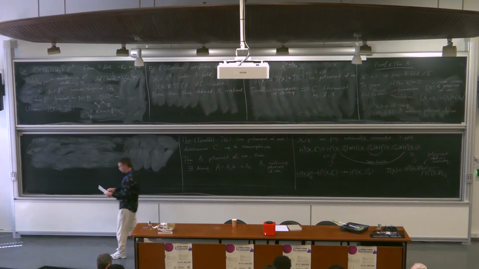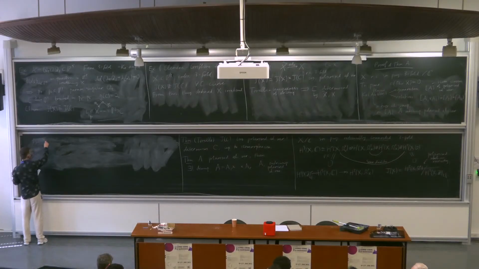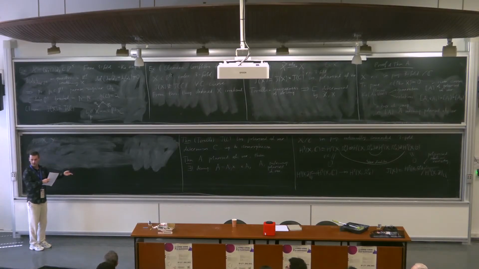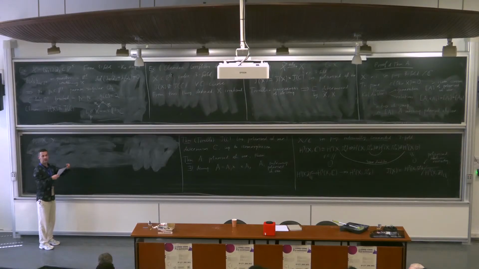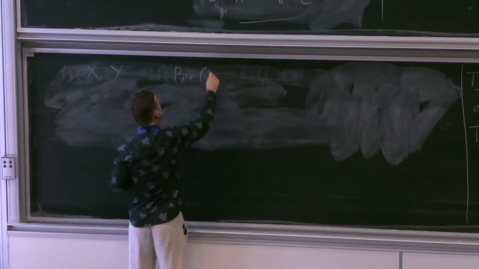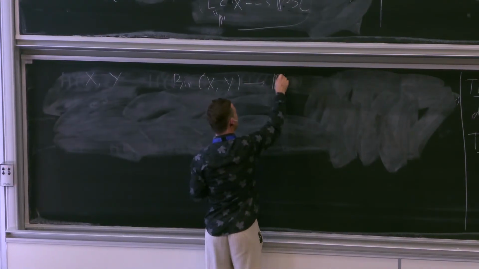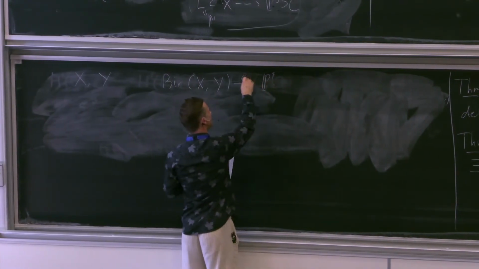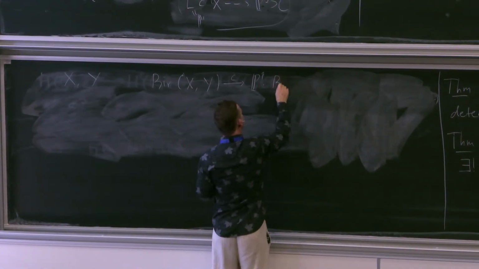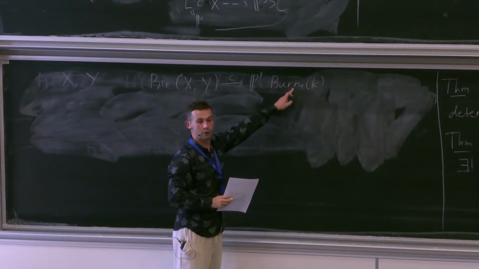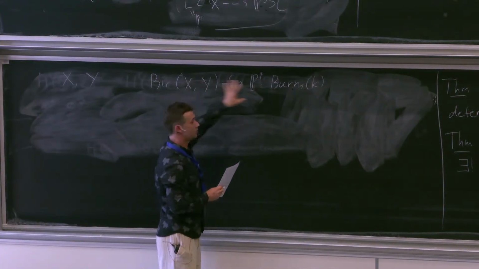Okay, so I want to look at a certain composition here. Now, instead of x, I have x and y. The proof will be simpler if I allow different varieties at this point, and then eventually, for self-maps, we get 0. So what we'll do is this. We go from pure x to y into, now you have to remember what I was telling you earlier, the image of the invariant is divisible by P1, and here I put Burn 1. These are isomorphism classes of curves, and the image lands here.